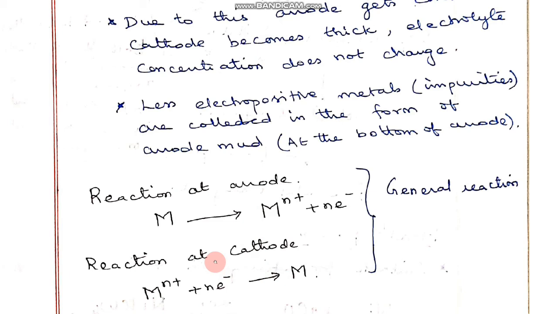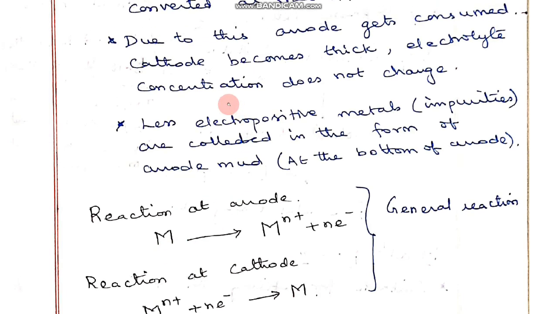It is a very common reaction. Let me take it for zinc. Zn is converted to Zn2+ plus 2 electrons, and these Zn2+ ions accept 2 electrons at the cathode, so that Zn is deposited on the cathode. So what happens as the electrolysis proceeds? The impure anode block gets oxidized, and these ions move into the electrolyte. From the electrolyte, they are converted to the metal at the cathode. So the anode is consumed as it undergoes oxidation, and the cathode becomes thick.